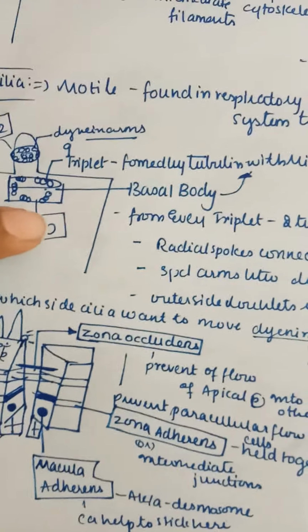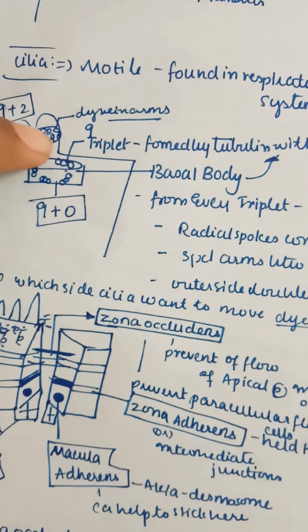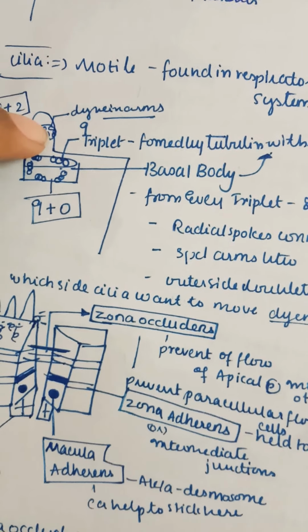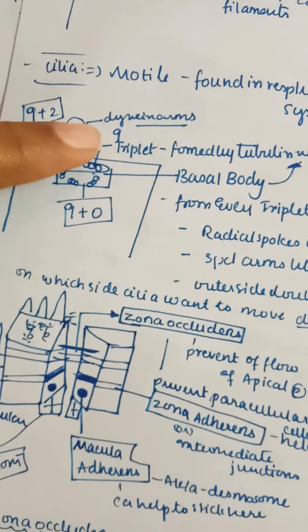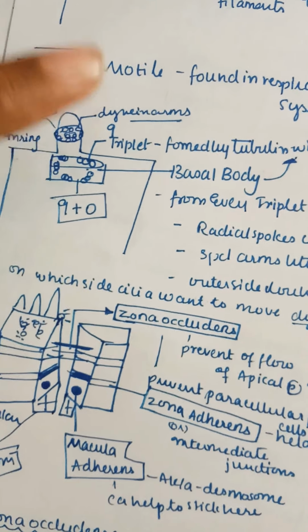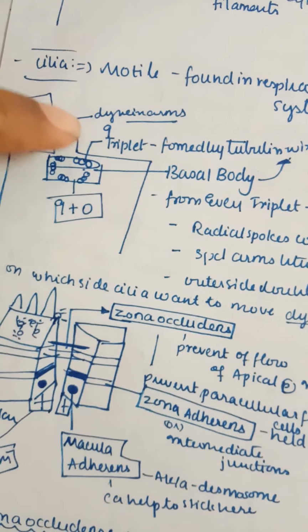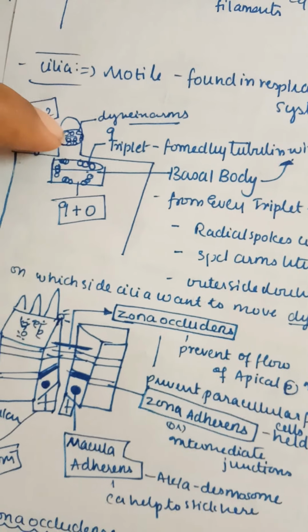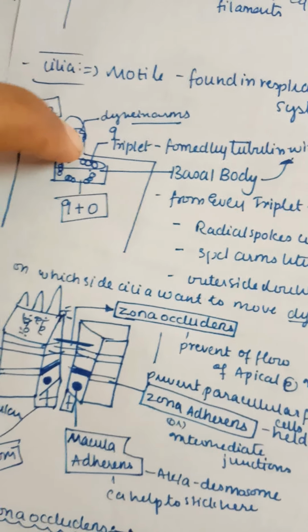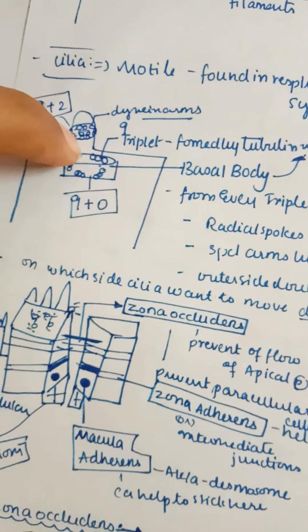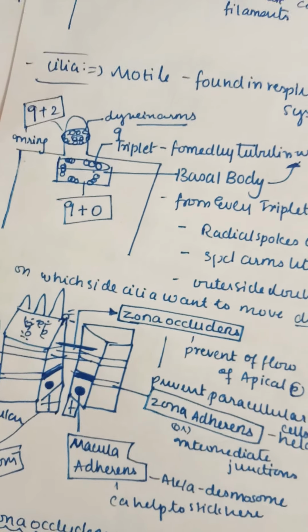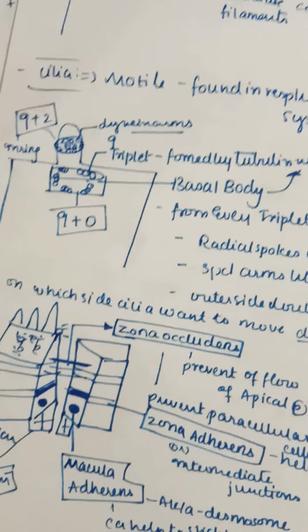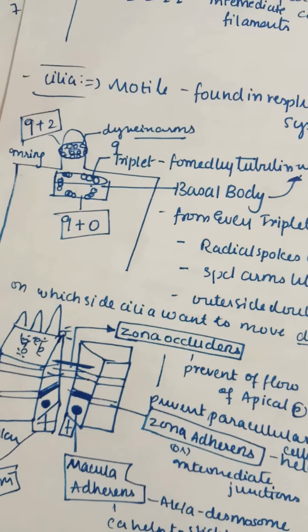So this basal body arrangement continues upwards, but only doublets are reaching, and in the center 2 singlets are present, and they are attached by means of radial spokes. And they are having outer dynein arms. So dynein arms actually move along the direction of the cilia. If the dynein arms are moving this side, then the cilia also move this side, and if they are moving towards the left side, then they move left side. So according to the movement, the dynein arms are adjusting, and on the outer side we are also having a nexin protein to connect all this.